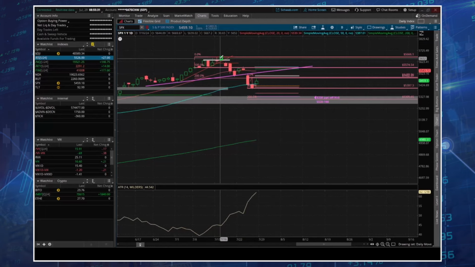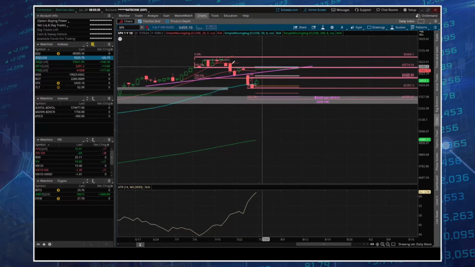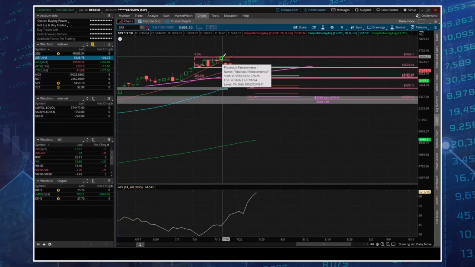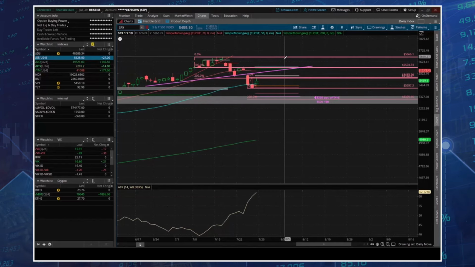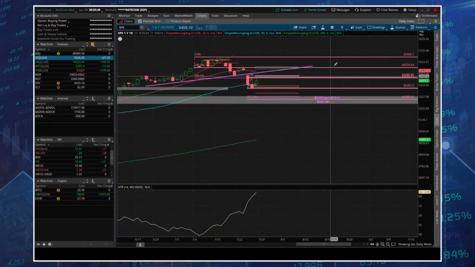Like I said, we don't know for sure always where the market's going, but that move there would say that there's a very low probability this swing high is going to hold this resistance, and we're going to go higher in the market. Okay, on the SPX, that's how that's playing out.